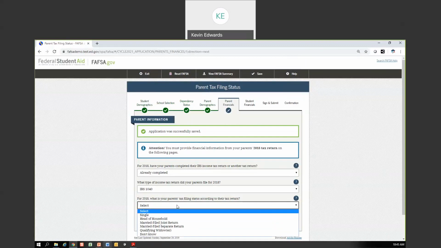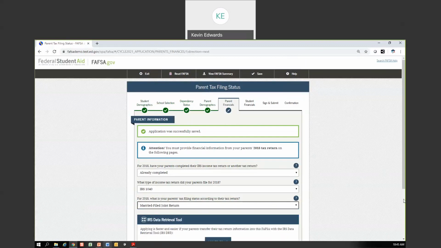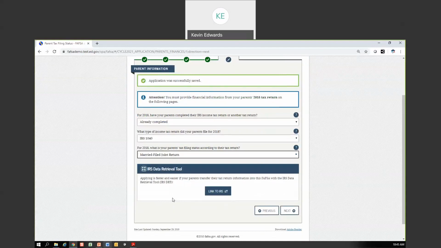And then finally, in this case, I'm going to assume if I'm married, the preferred filing method would be married filing joint. So this is where you see FAFSA gives the parent the option to use the IRS Data Retrieval tool. Yes, parents, when given this option, need to use the IRS Data Retrieval tool. It will make this a whole lot simpler, period, okay? That said, this demo site does not allow us to use the data retrieval tool, but just understand, to basically activate the